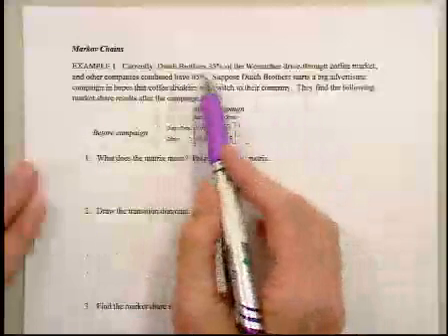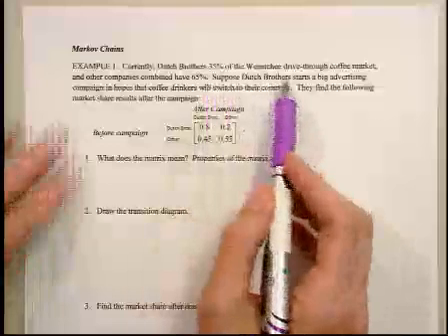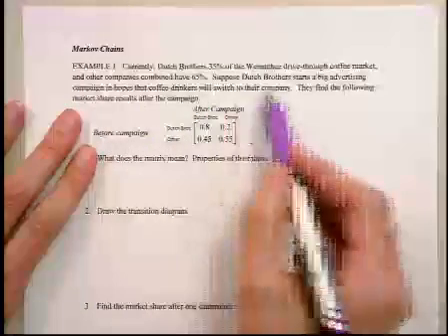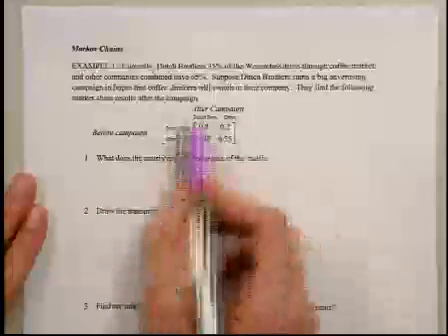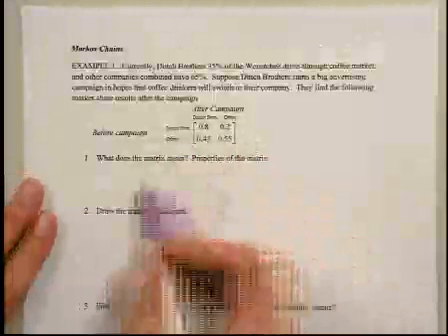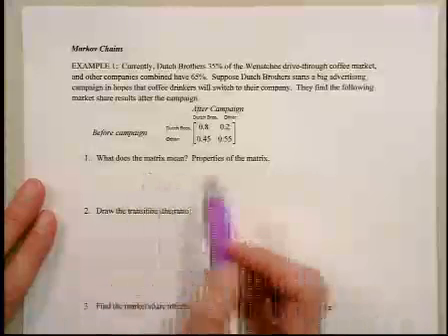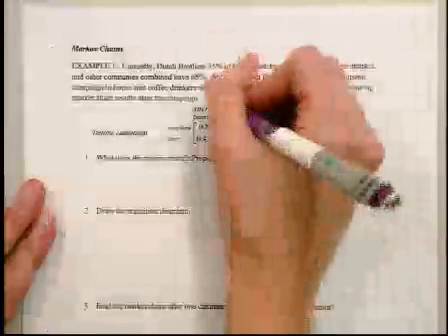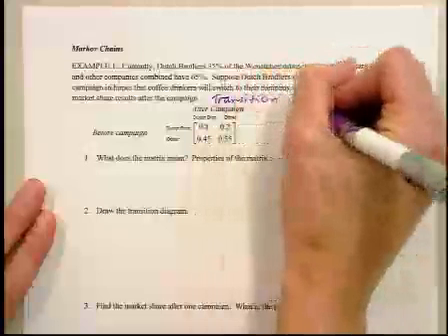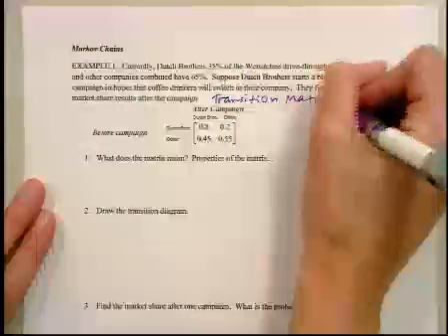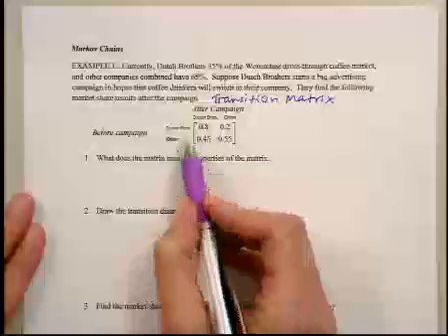So Dutch Brothers has 35% of the Wenatchee drive-through coffee market, and other companies have 65%. Suppose Dutch Brothers starts a big advertising campaign, and when they do, their results are represented by this transition matrix. So this transition matrix, let me write that language down, transition matrix, tells us what's going to happen to